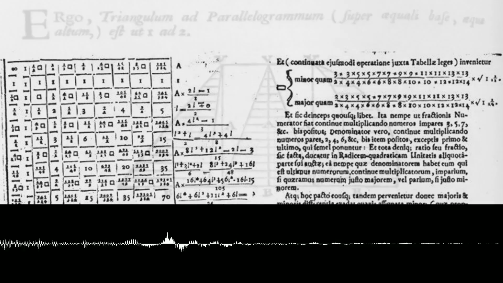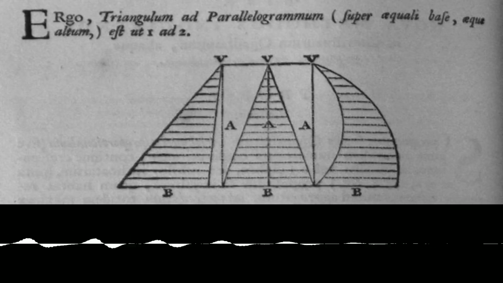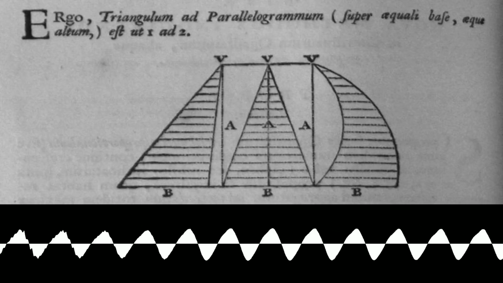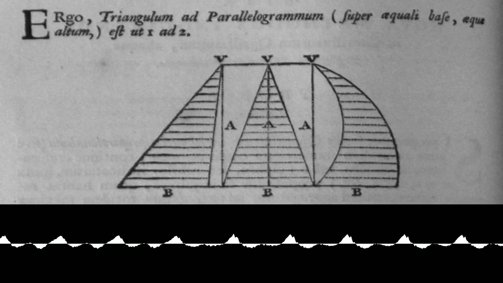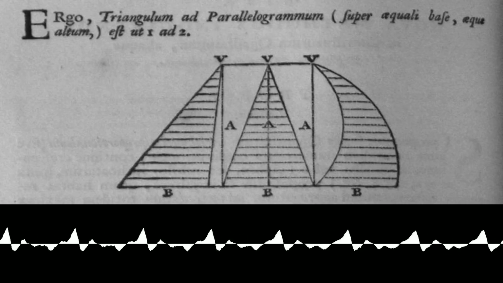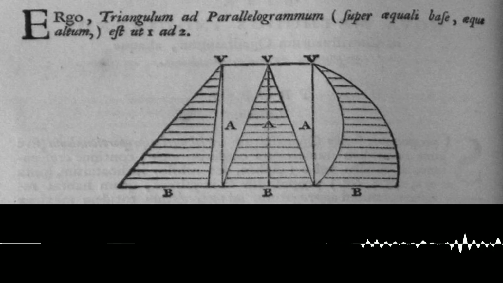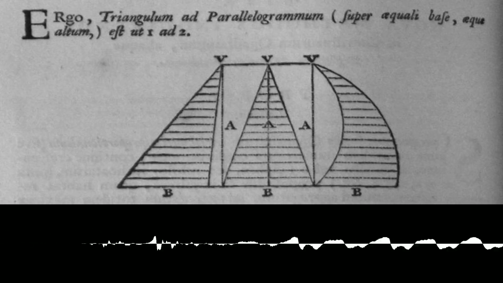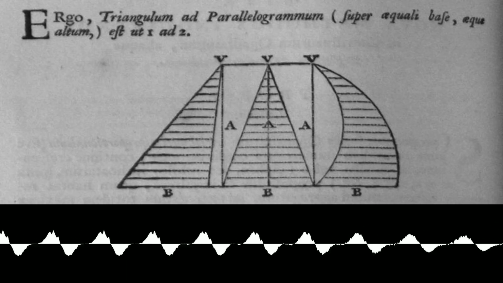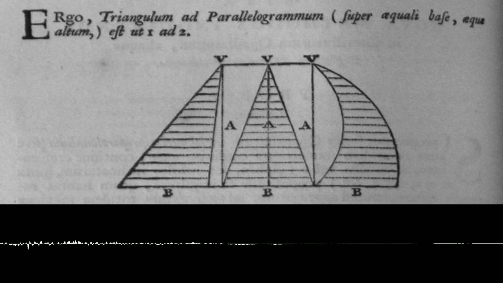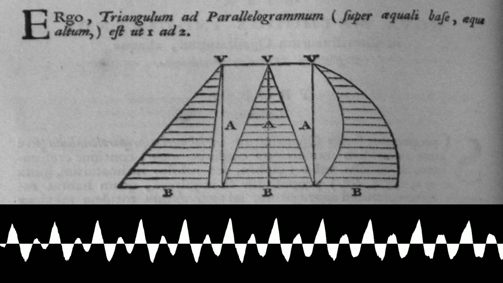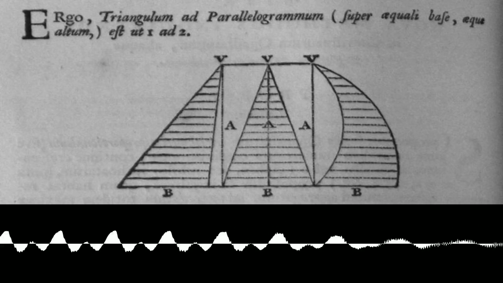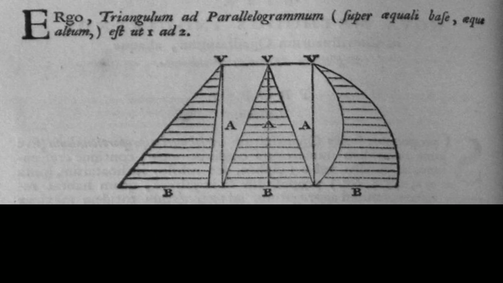He treats the sequence exponents as a continuous entity and assumes that the function governing their associated quadratures must also be continuous. This allows him to assert, for instance, that the quadrature of a parabola with an exponent of 1/2, what we would call the curve defined by y equals the square root of x, is governed by the same rule. Applying a formula, he correctly deduces that the area is given by 1 divided by the quantity 1/2 plus 1, which yields 2/3. This result was known, but Wallis' method provided a derivation that was purely algebraic and part of a grand, unified system.